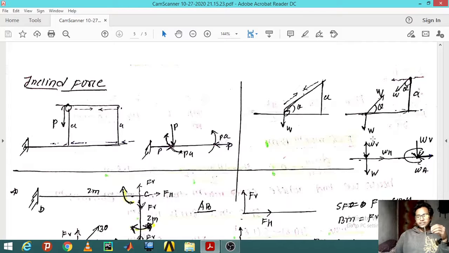When you transfer these forces onto the cantilever beam, W sin theta is going to be at the fixed end of the cantilever beam, and this is going to create one moment, which is nothing but W sin theta into A, in the anti-clockwise direction. Similarly, here the weight distribution is going to be the vertical W cos theta, which is along the cantilever beam, and one is perpendicular to the cantilever beam, W sin theta, which will balance the W value.